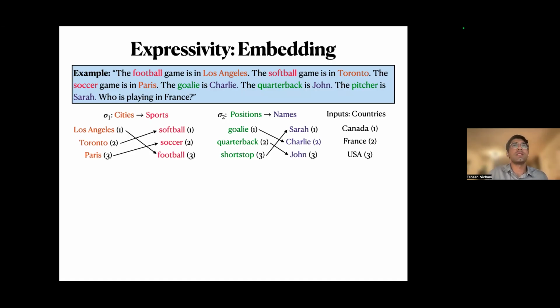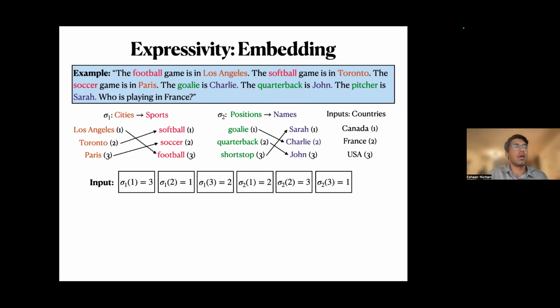Similarly, for the input space, in this case being a country, we're going to pick some arbitrary ordering of possible countries as well. The input to the transformer is going to be a length t sequence where each permutation is represented by n elements, so the input consists of 6 tokens of the following form.